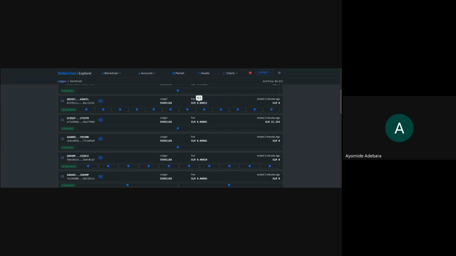This one took about 0.0012 gas fee, but compared to the one that had just one operation, it took 0.00001 gas fee. That explains that the more operations, the more execution, the more time taken, and also the more gas fee is used. So that is more like a summary of what we have spoken about, how multiple operations are executed inside of one transaction.